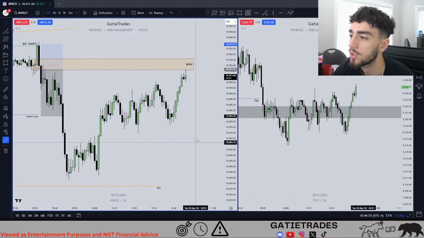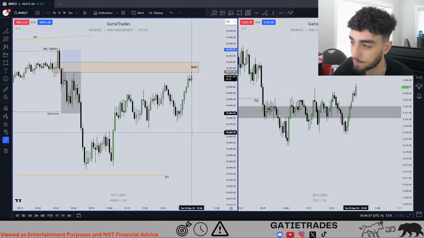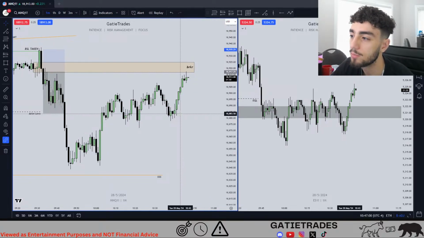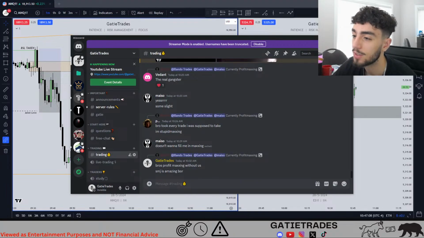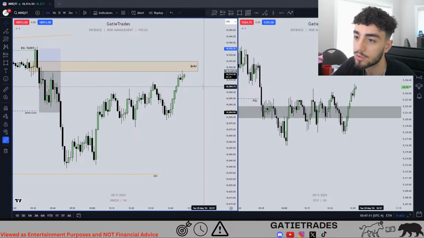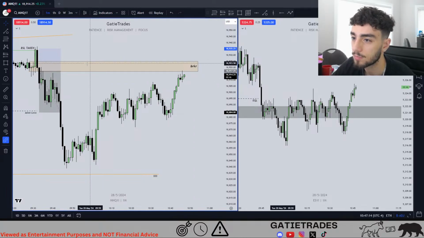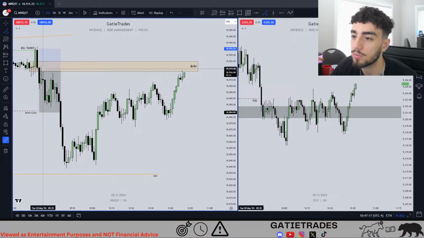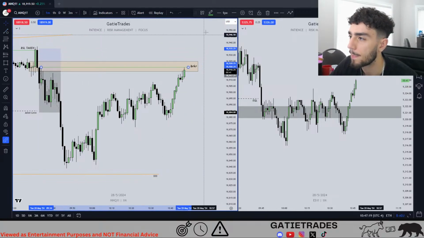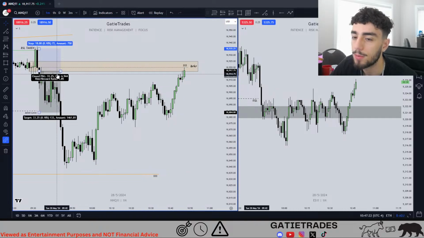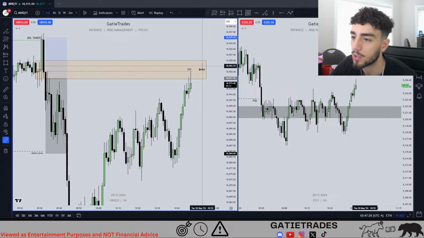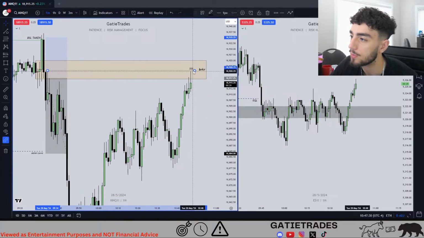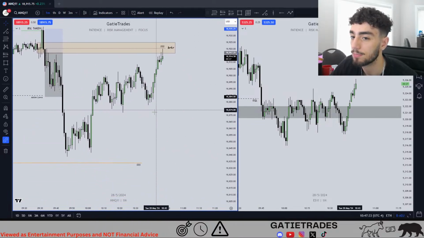Oh, at this point, we're back to the original breaker. I wonder, is it still valid? Yeah, it is. If you're still bearish, that breaker is still valid. Would I trade off it? Hell no. I would never trade off it. But if you're bearish, it could still hold. Maybe a turtle soup right here. Money, money, money. But at this point, we're trading so far up. I think maybe we're looking for a PM move, which I don't like to trade.